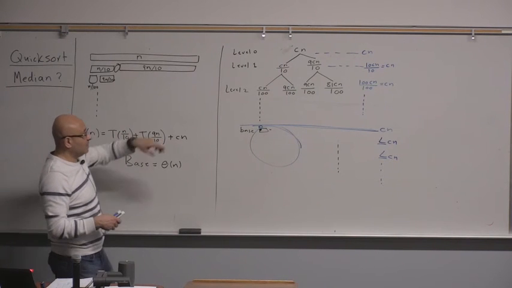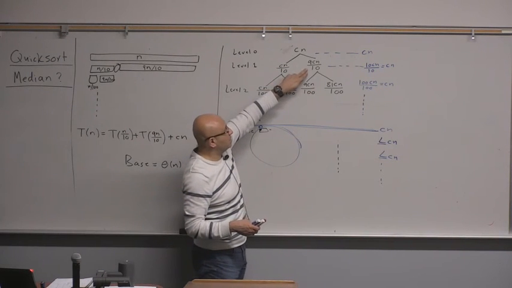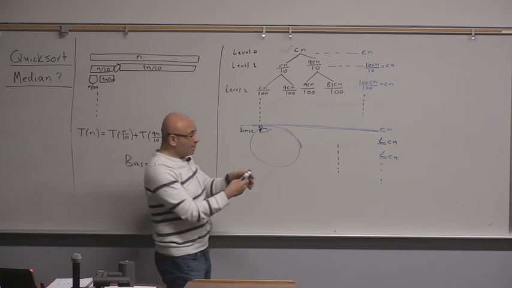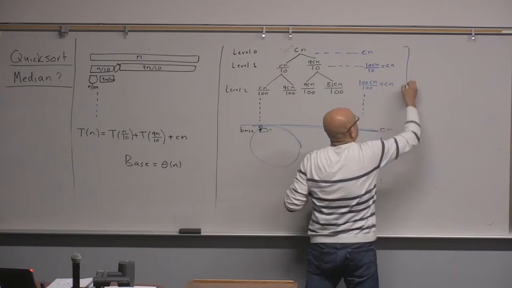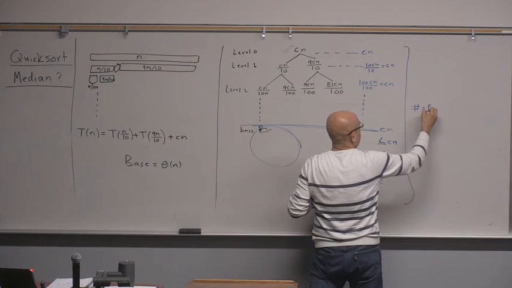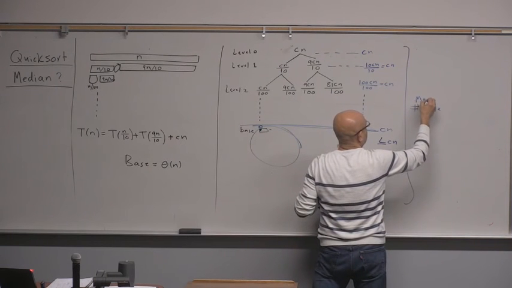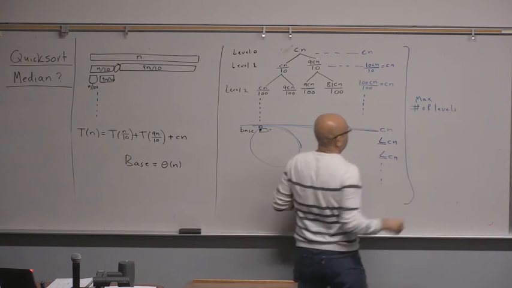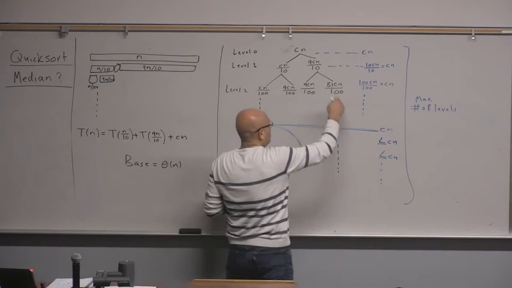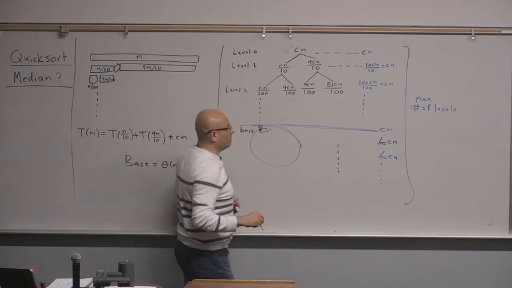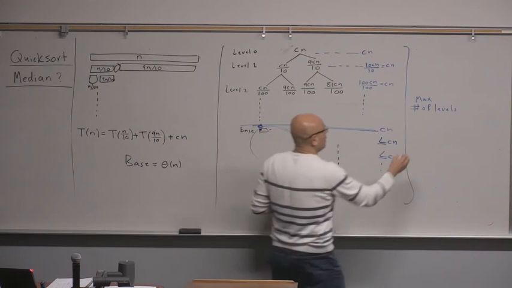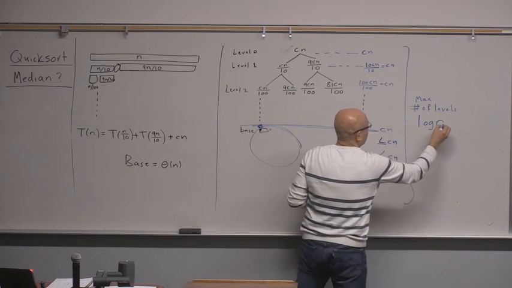Larger, because here we are dividing by this small ratio, which is 1.1. So the maximum number of levels, because it's not going to be a complete tree, some of them will continue all the way to the maximum, and some of them will end here. But the maximum is going to be log n base